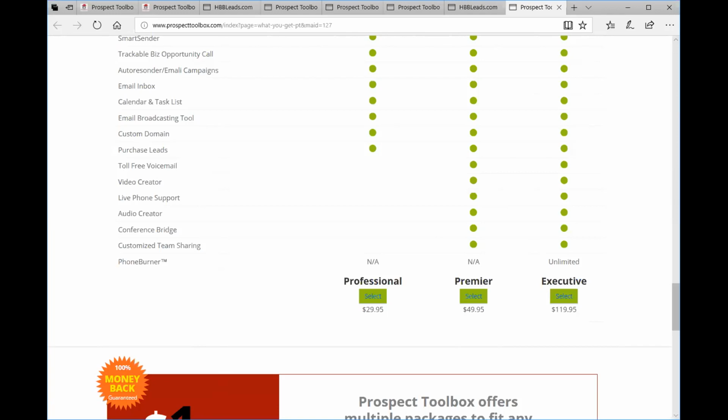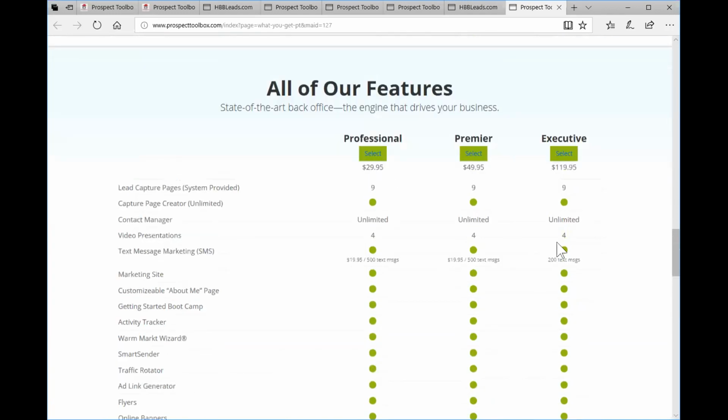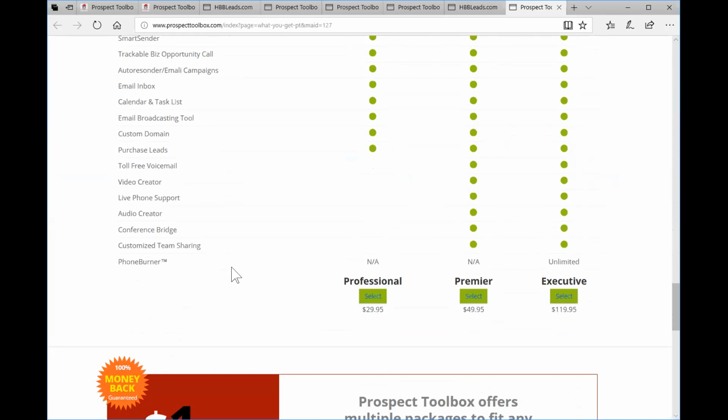And then finally, we have PhoneBurner, which is the $119.95. It's unlimited PhoneBurner. And for sake of time, I'm not going to go to their website. PhoneBurner needs to be its own video. It's so big, but PhoneBurner will auto dial your leads for you while you're on the phone. And it basically calls about 3 times faster than you can on your own. It plays recorded voicemail, so you don't have to wait for voicemail machines. You don't have to waste your voice leaving 20 voicemails a day. You record your voicemail one time, and that will get played over and over and over with follow-up